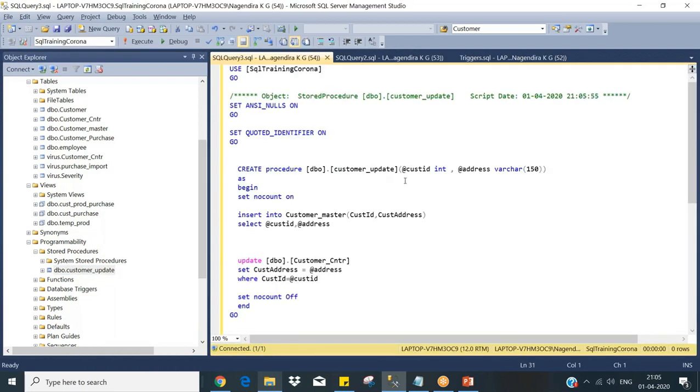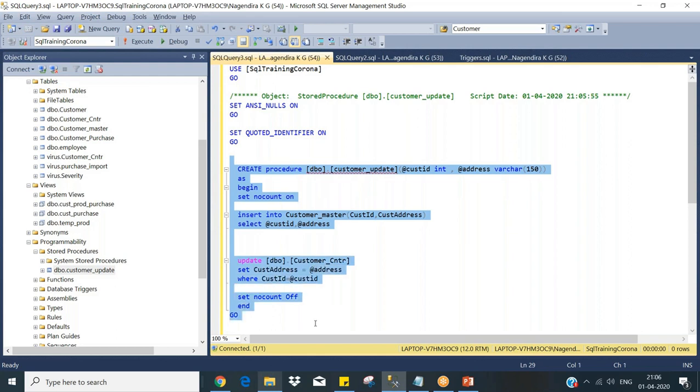So what it does, it gives two parameters. One is customer ID and address. Then it does its job. It will insert into a table and update the address. Both the things it will do. So if you want to perform operations like this, you use procedures. Whereas functions,